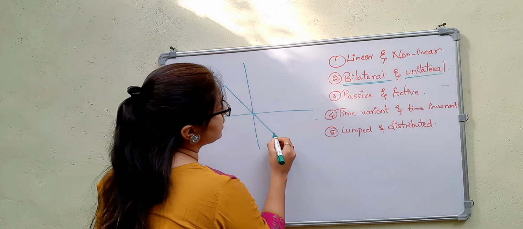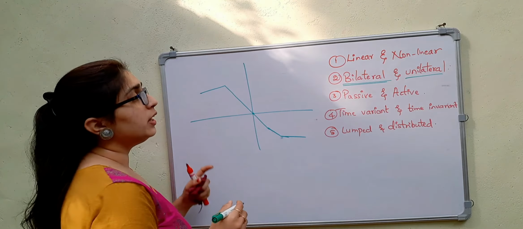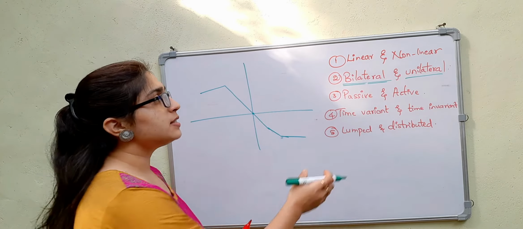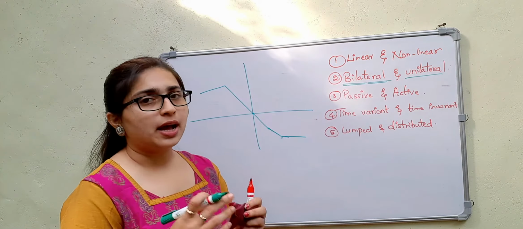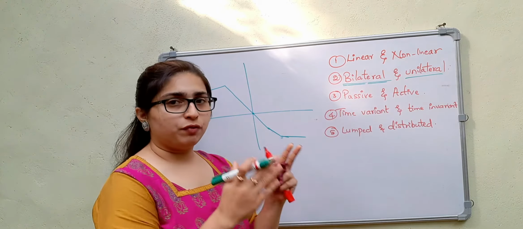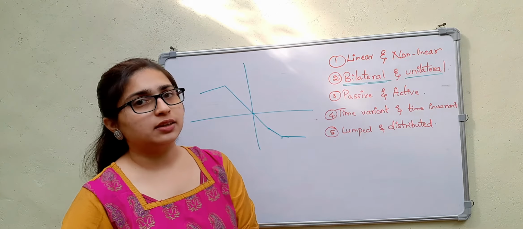So in this case, if I have a characteristic like this, there is symmetry about the origin, so I can call this bilateral. That means a bilateral element should have the same impedance throughout. But unilateral, if in one region it has one impedance, in another region it has another impedance, then